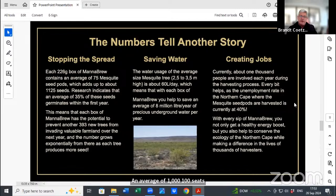And we work at a germination rate of 35%, of which the Agricultural Research Council said that we are way too conservative. But that helps to prevent around about 390 new trees per annum. And that saves over a period of 3 years, because it normally takes a mesquite tree around about 3 to 4 years to reach adult size. And that helps to save nature around about 8 million liters of water per annum, just out of one box